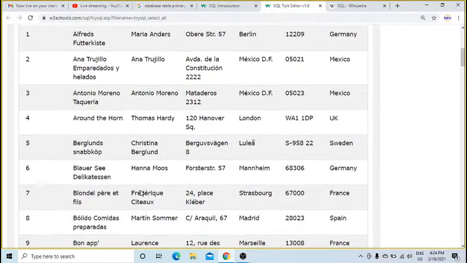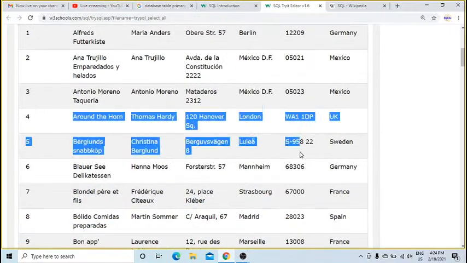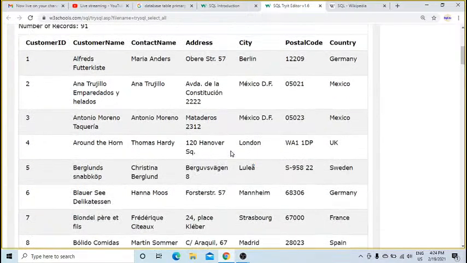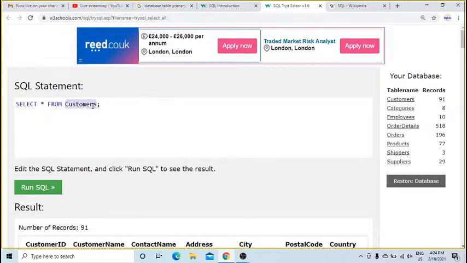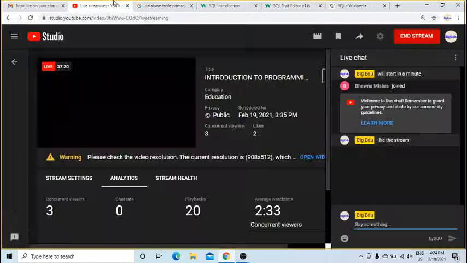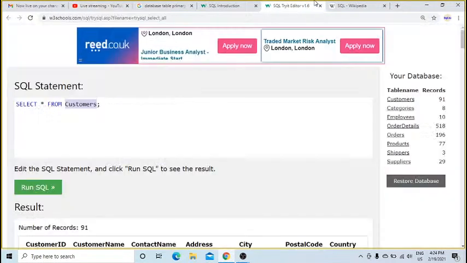Then for the fourth customer you have this. So when you write select star from table, you get all kinds of information from the